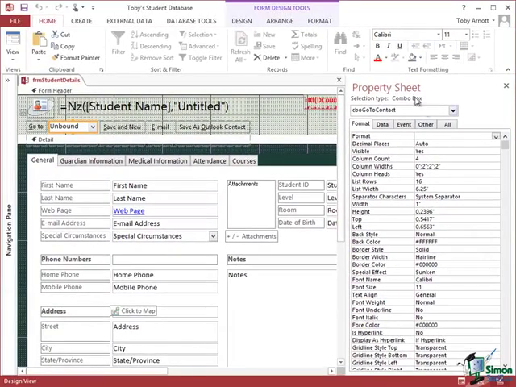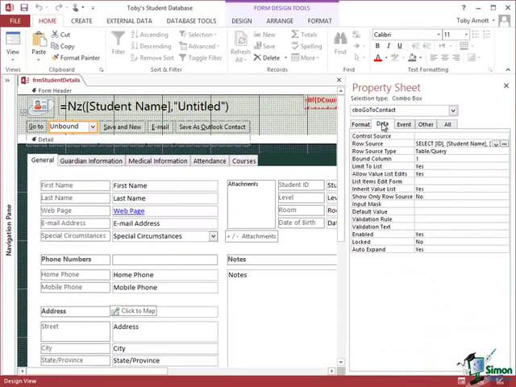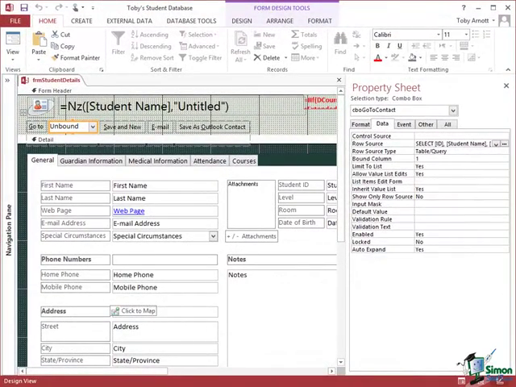But if I now switch back to the Data tab again, a very important setting, the bound column, the one whose value is actually going to be selected when a user makes a selection from that list, is column 1. So although the user can't see the IDs because we've given that column a width of 0, it's the column 1 value, the ID value, that is actually selected when a user selects from that list. So that explains where that list comes from in the combo box, but there's more to this story yet,